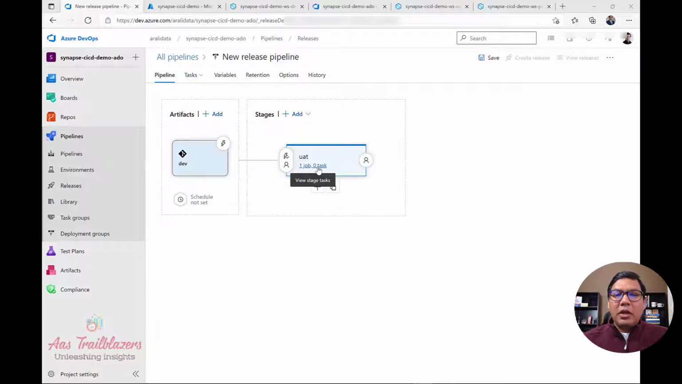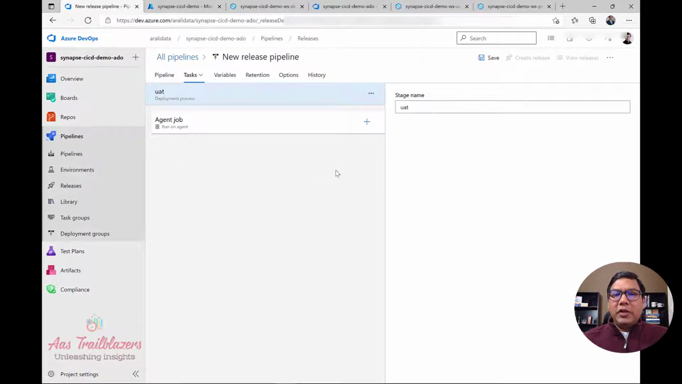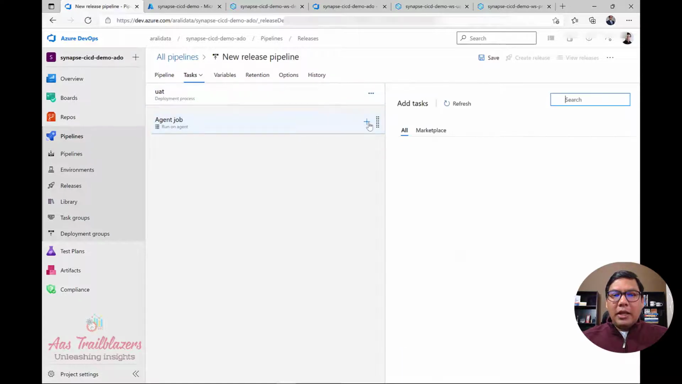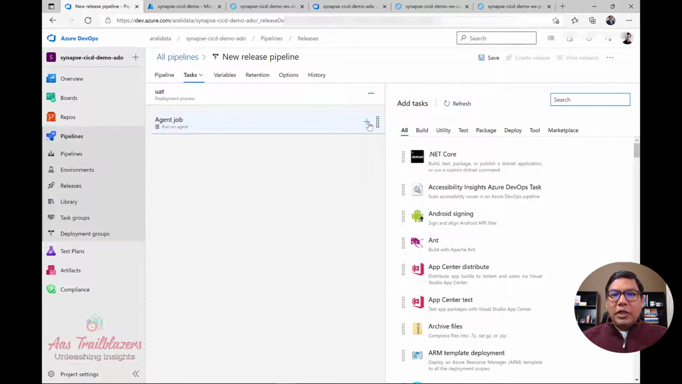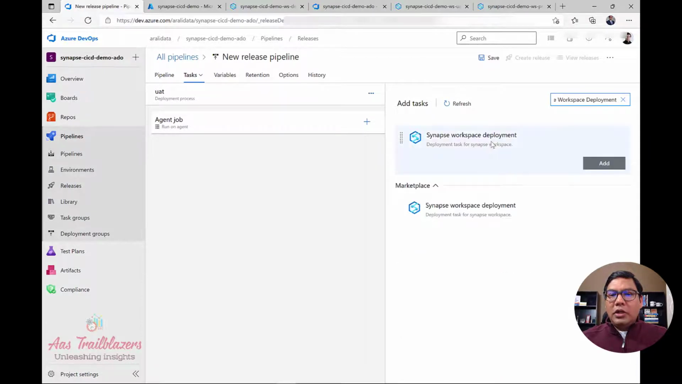So click on this link. This will open up this screen where we can specify the task that we are going to add. Click on agent job and click on plus sign over here to add the task. At this time, we need to add a task of type Synapse Workspace deployment. This is the task that is going to be added to the release pipeline, and this task is coming from the extension that we added in the very beginning of this demonstration. So click on this one to add to